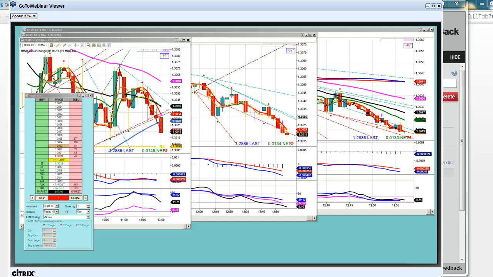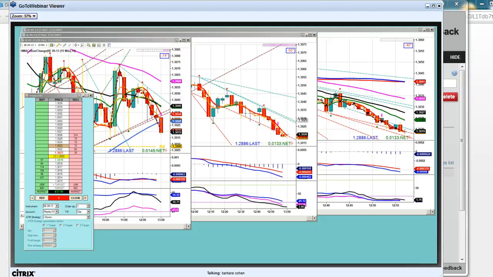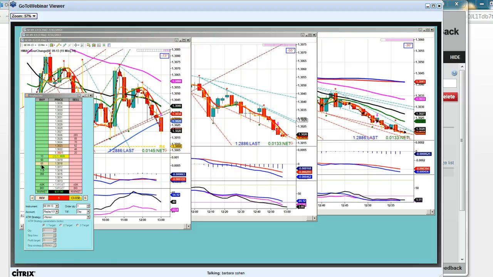Let's say it's going down. A moderator last night said on the dome, if you have an ATM strategy in place and you hit the close button and close your trade out, you will lose a 15 tick penalty. Yes, I talked about that last time as well. If you have an ATM strategy, you must never hit the close button. It's better for you to move your target onto the price.